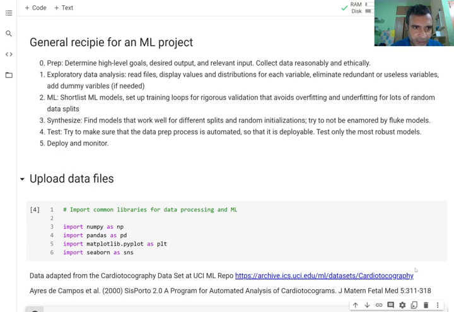We want to do some exploratory data analysis. This is critical. This exploratory data analysis helps us figure out which variables are useful, which variables are redundant, and whether we should add variables or not. So a lot of visualization and manual data discovery happens during this process.